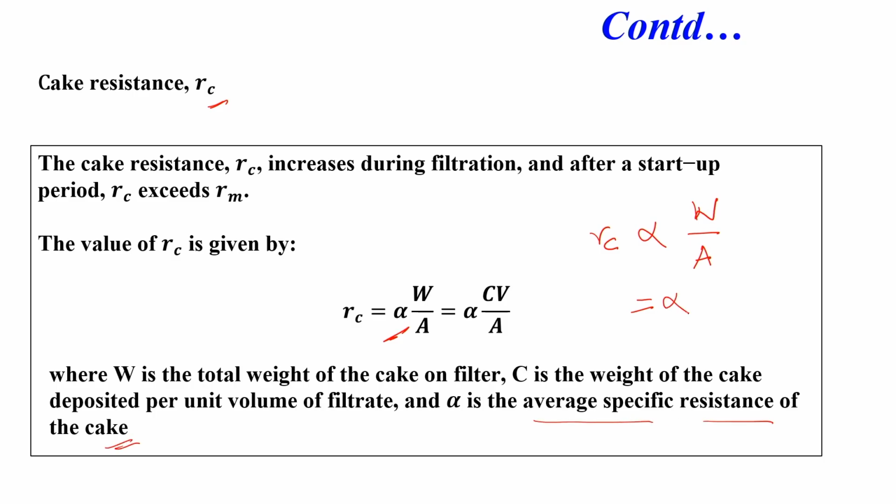So, it says alpha, and the mass of cake can be written in terms of the weight of cake deposited per unit volume in the concentrate. So, let us say concentration C into volume V becomes the weight of cake